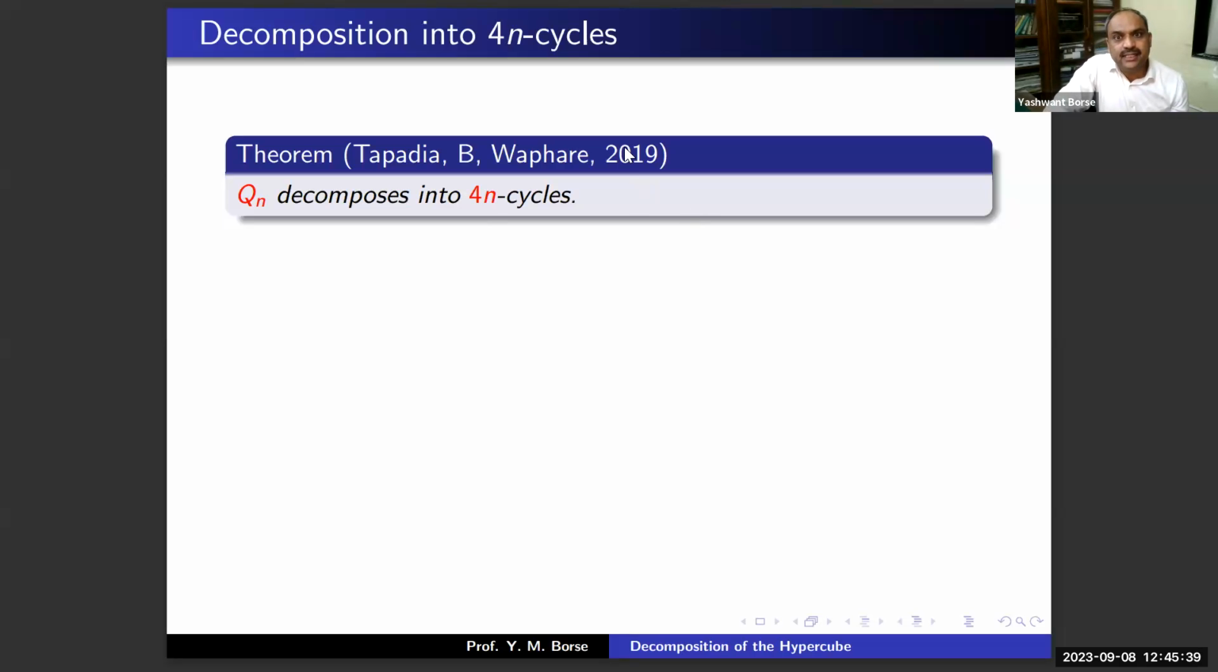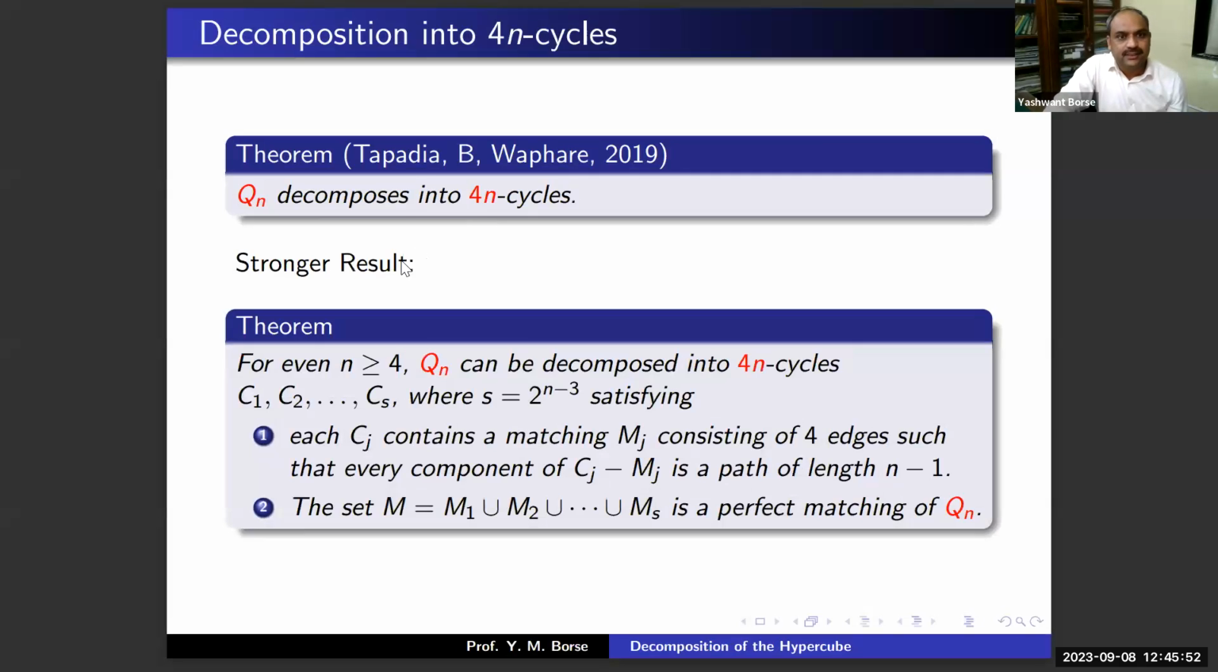So we tried it in 2019 for 4n. I think we also tried for more general n, but I am just giving some idea of the proof for 4n here. In fact, we proved a stronger result than this, that Qn can be decomposed into 4n cycles, C1 to Cs, where s is equal to 2 raised to n minus 3, satisfying